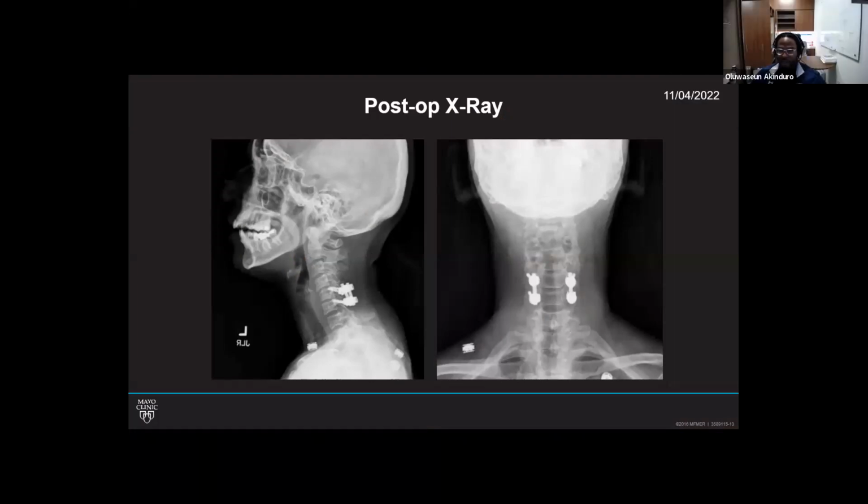Yeah. So Dr. Vargas had a comment, and this is actually one of the main points of discussion beforehand when we were discussing it with some of our colleagues. And I'd love to hear other people's thoughts, because like I said initially, we weren't planning to place any screws. As you can see, it's hard to appreciate because you didn't really see how much of the joint we actually removed, but we did remove a decent amount of the joint,